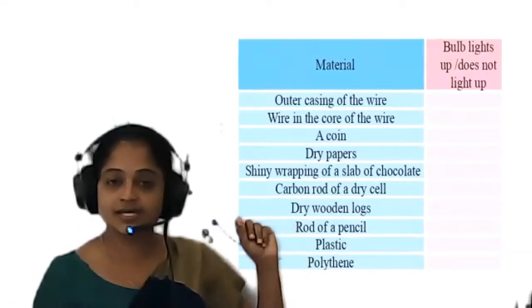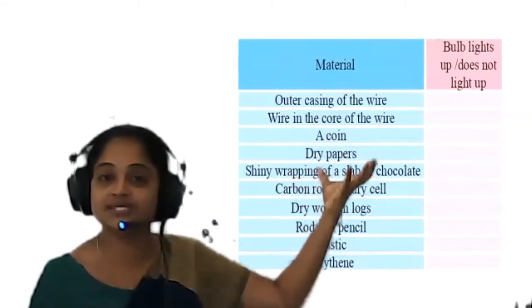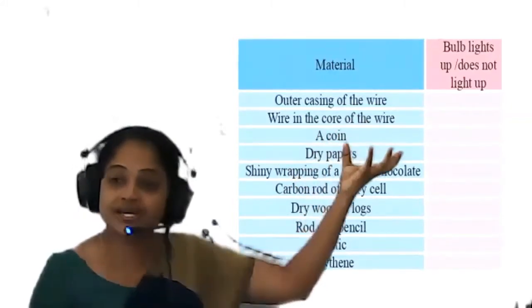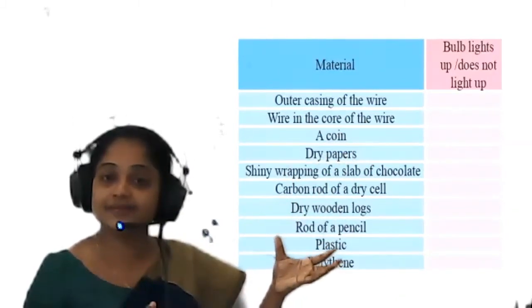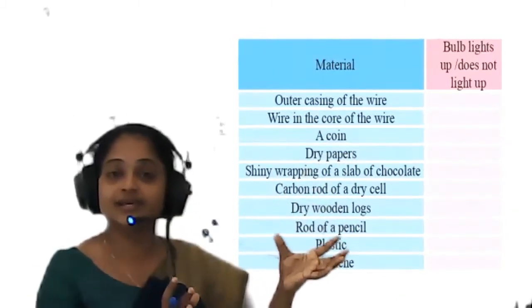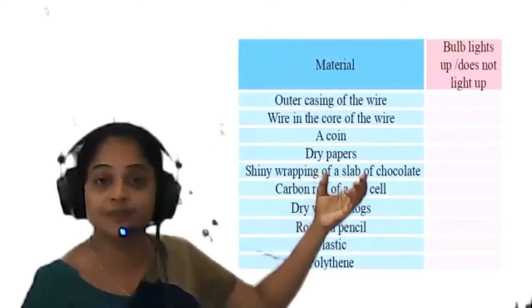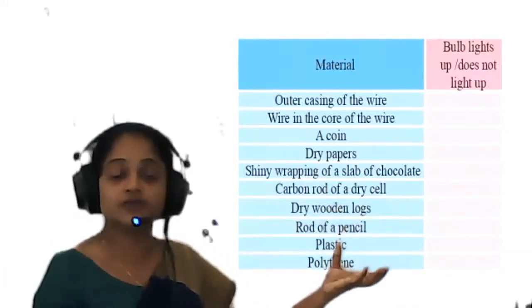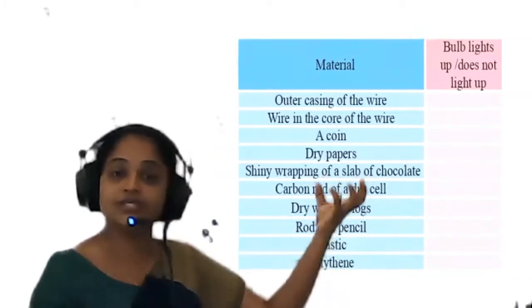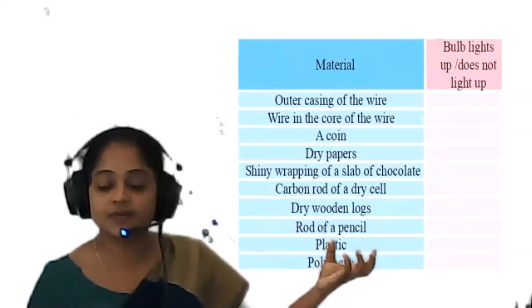Okay. Now, write down this simple question. Actually, you can do this activity at your home. It's a very simple circuit. Take two dry cells, a simple bulb and some connecting wires, connect these things together and do this activity. Find out different types of materials at your home, do this activity and take your observations. Now, write down these small questions.